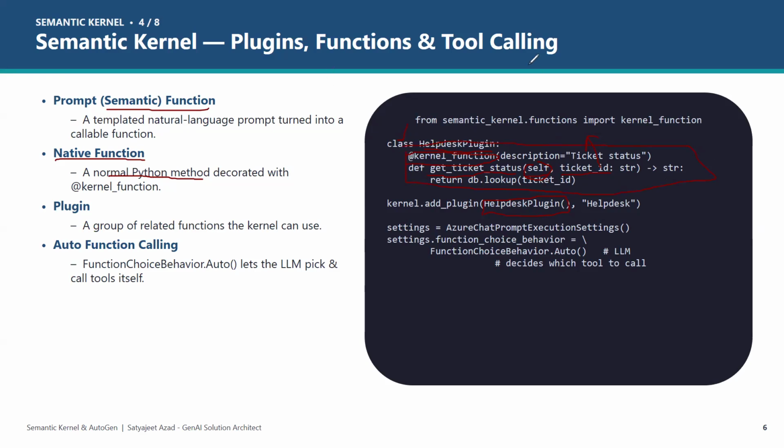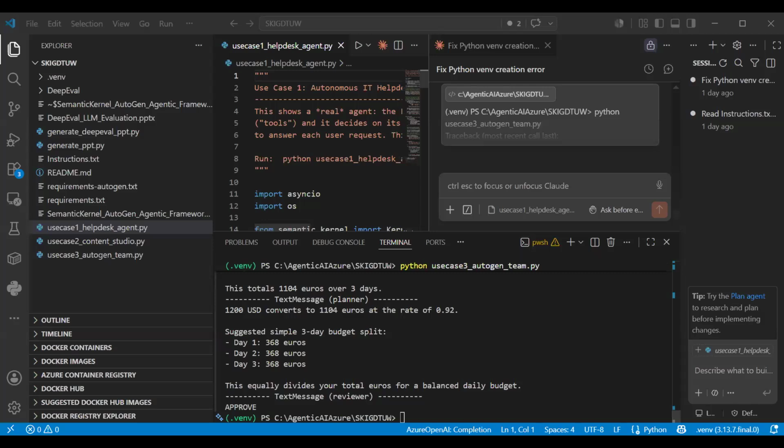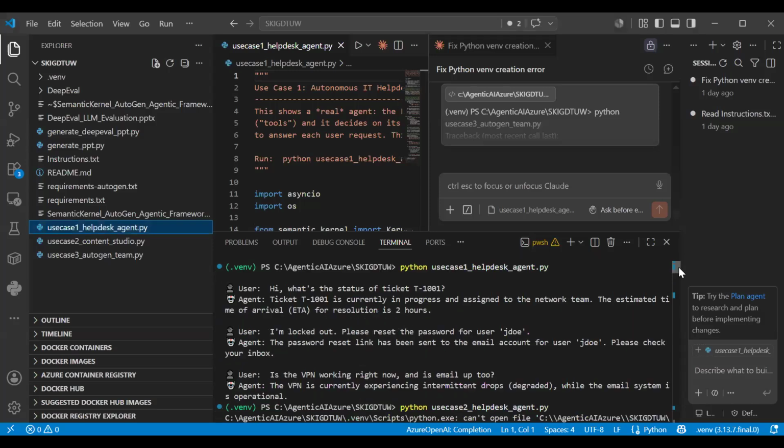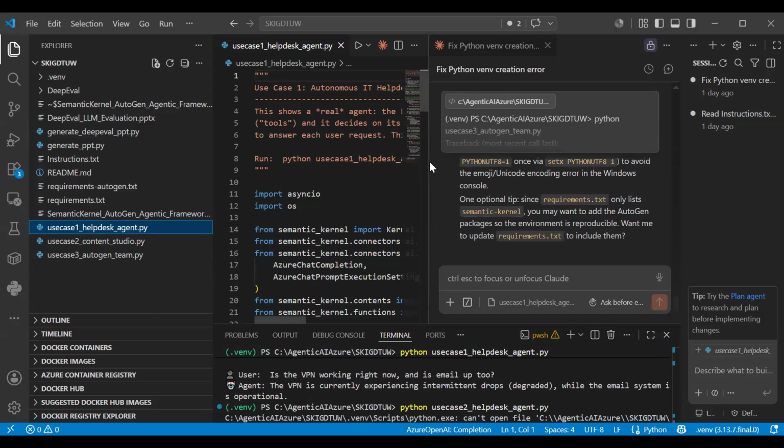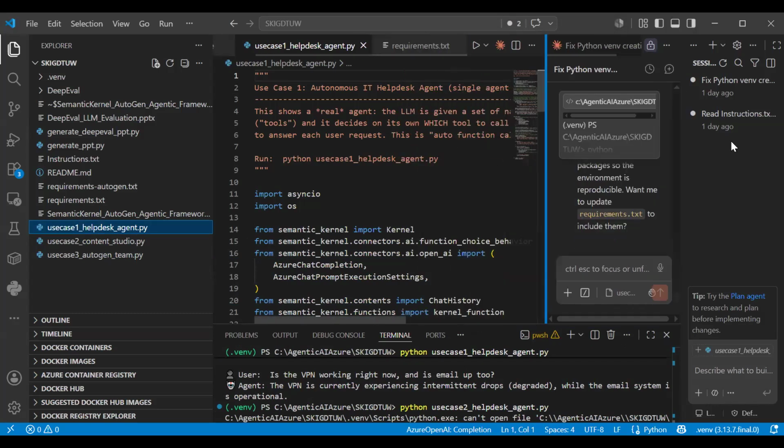One minute. Okay, sir. There is some space issue with my laptop, so I'm worried right now. Where is my screen? Is it this screen? Can you see my screen? Yes, sir. Just see this one. This is one use case that we have created. Let me stop saying one minute.